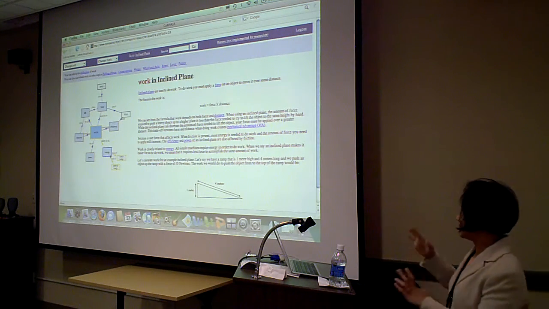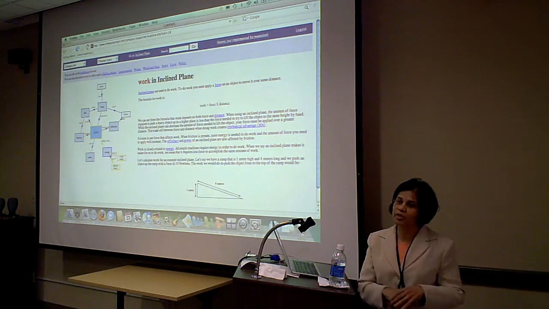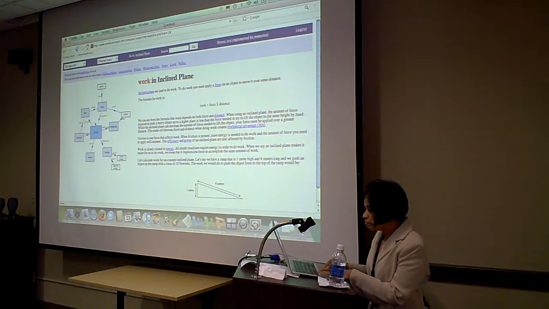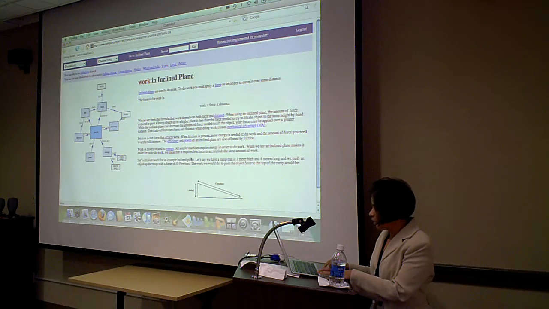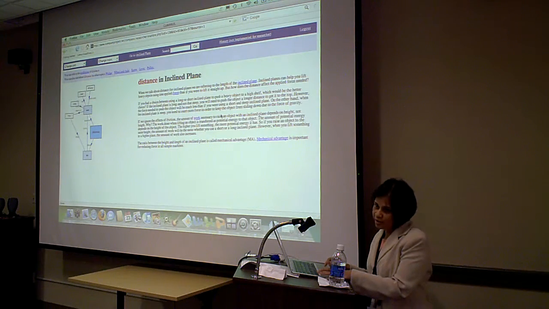So we had to limit the number of concepts based on what was relevant to 6th and 7th grade students. You can navigate through the text or the map. So for example, I clicked on distance now, and